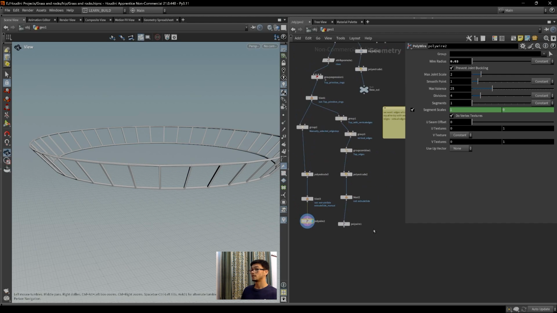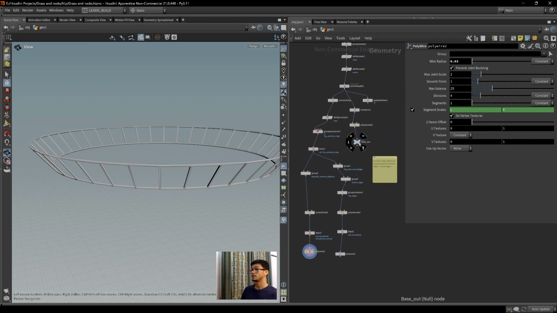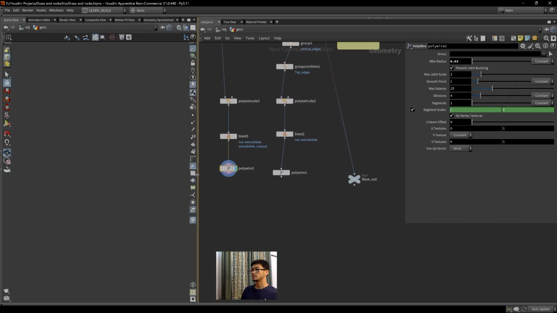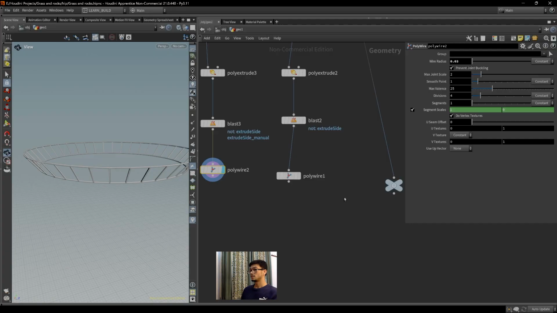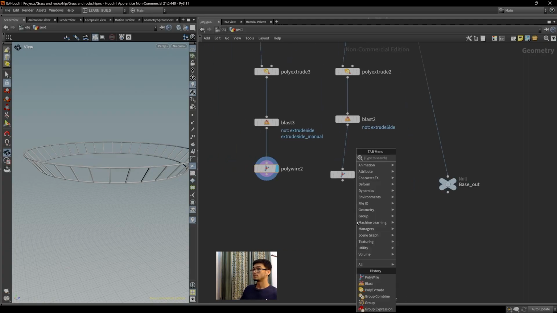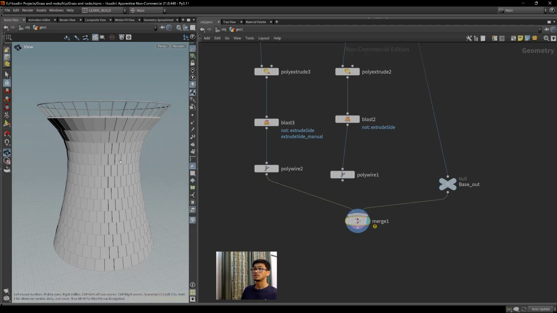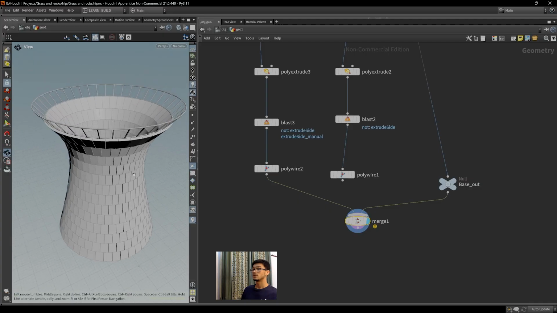Now we have our guardrails, and also we have our base out. So I will just finish this video by this, and we can create our merge. So when I combine these, you can see we have our tower. Okay,